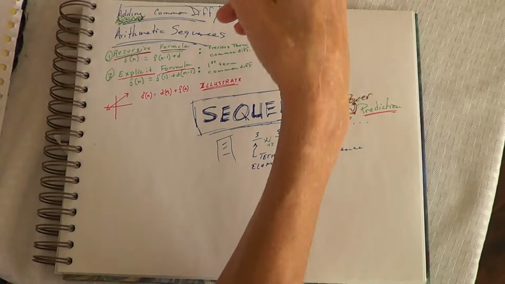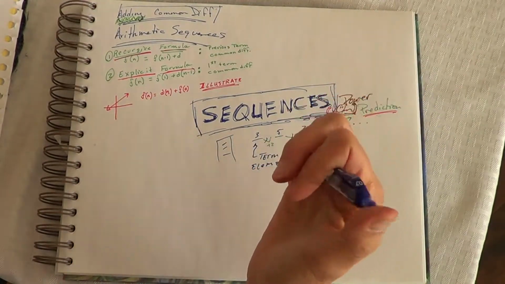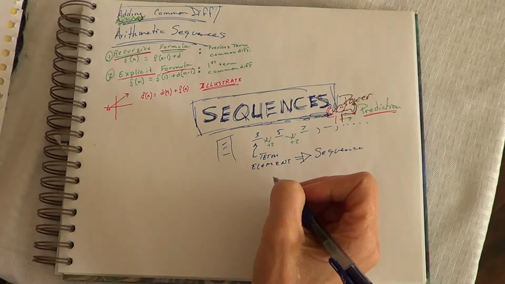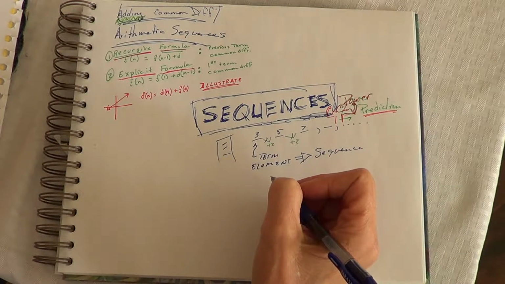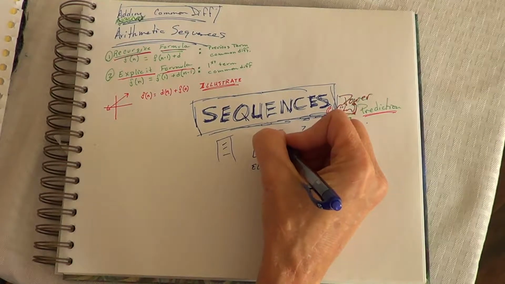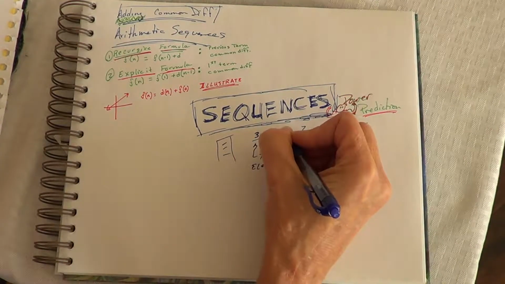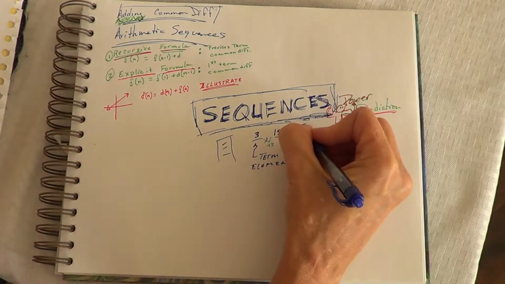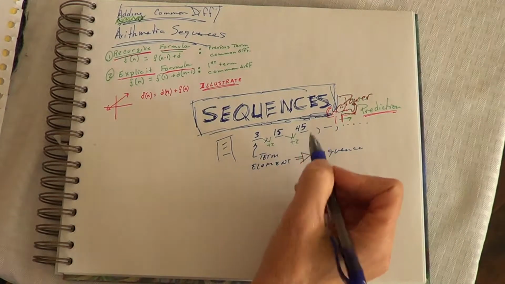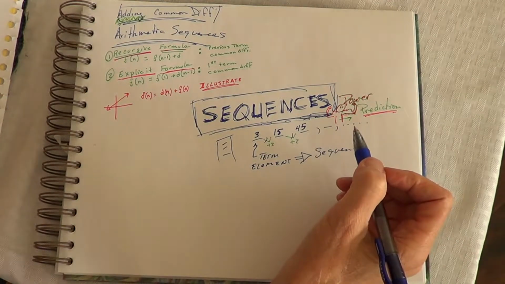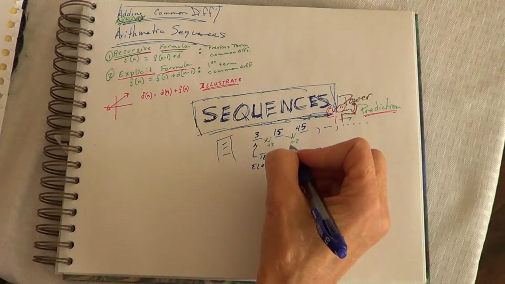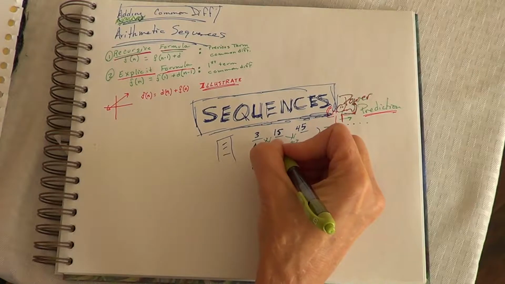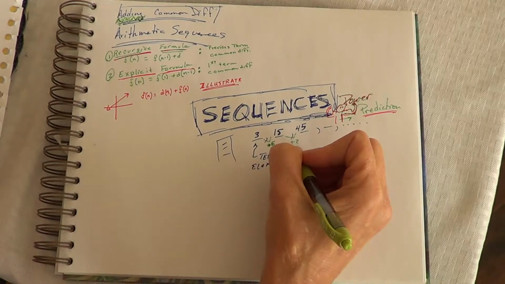Now, today, we're going to change our sequence slightly. Let's, instead of looking at this kind of a sequence, the arithmetic sequence, we're going to do this. We're going to look at 3, 15, and let's make this a 45. Now, how am I getting from one to the next? I certainly am not adding 2. If you're saying, oh, I think that you are multiplying by 5, you are correct,